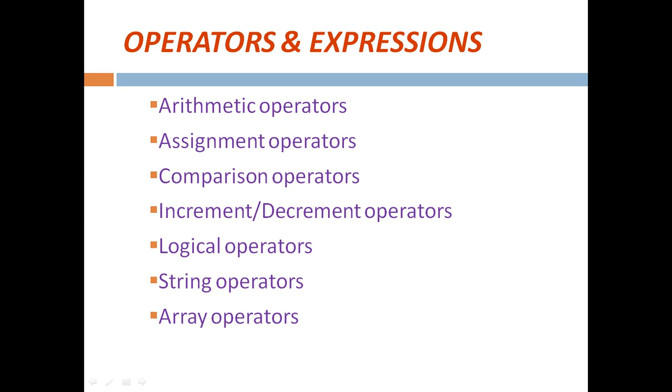In the place of values, we can use variables like A, B, C, which we call operands, which carry the values to perform the operation. So just like other programming languages, PHP also supports various types of operators like arithmetic, assignment, comparison, increment, decrement, logical, string operators, and array operators. With these operators, we can perform operations using various operands, variables or values, and these operators are nothing but symbols that are needed to perform operations on these various types. So let us go through the operators in detail.